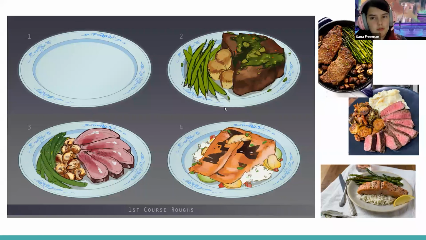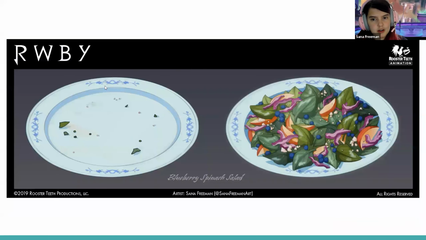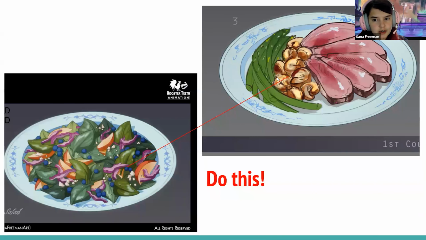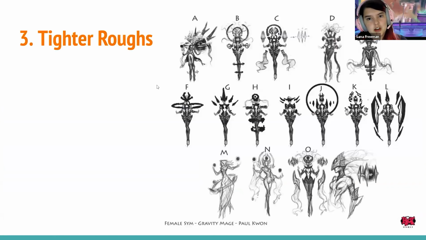However, when you do these in a professional environment, I think there should be at least one concept that is pushed to completion just to show modeling and anyone else where the bar is. So they could be like, okay, I got you the reference for this with the sketch. Now make it this clear, right? But then you're like, wait, I don't have time for that either. Then you can design tighter roughs.